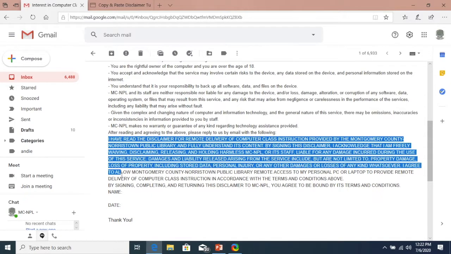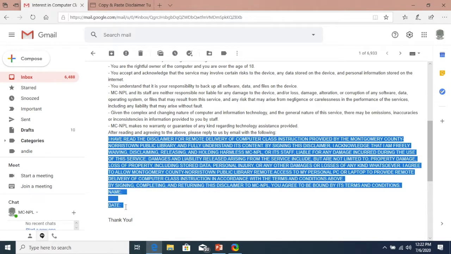Right down here to where it says date. All of the text should now be highlighted. Okay, let go of the mouse by lifting up your finger. The text should now remain highlighted.